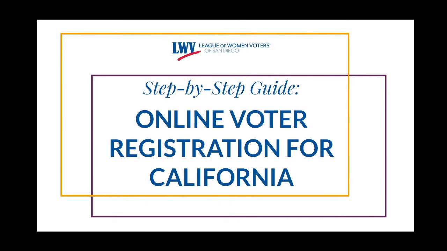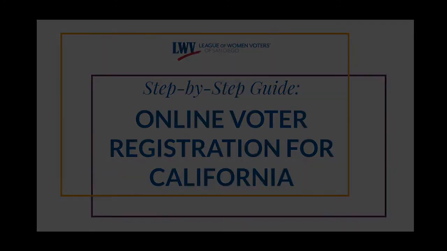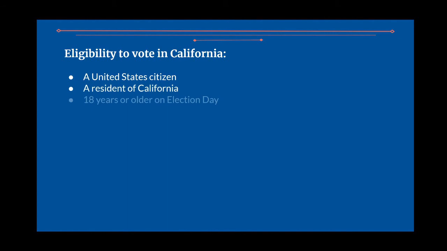Registering to vote in California is fast and easy. In this 15-minute video, we will walk through the steps for online voter registration on the California Secretary of State website. To be eligible to vote in California, you must be a United States citizen, a resident of California, 18